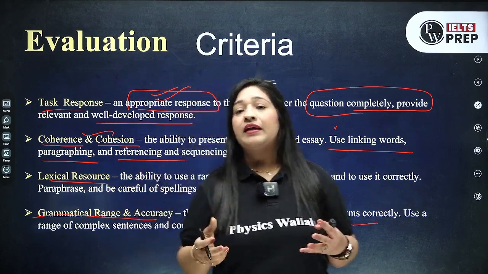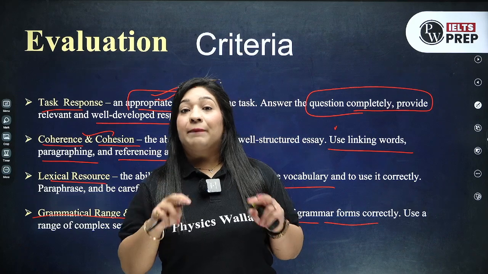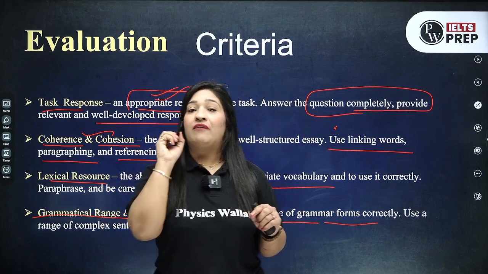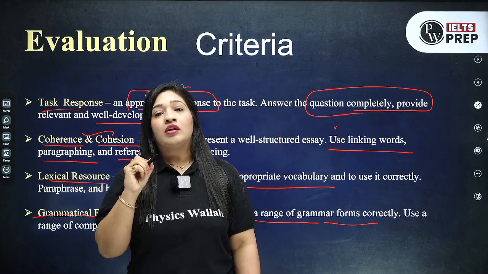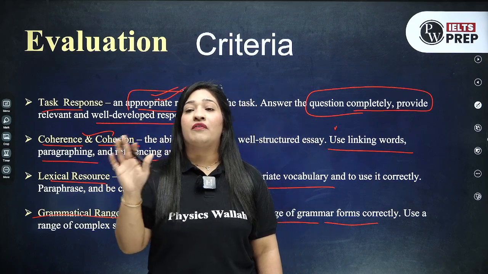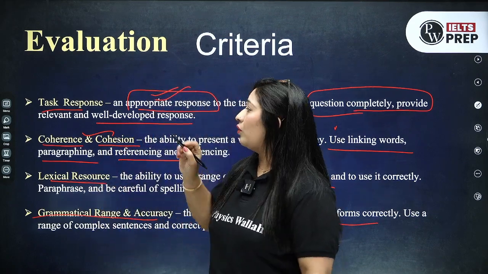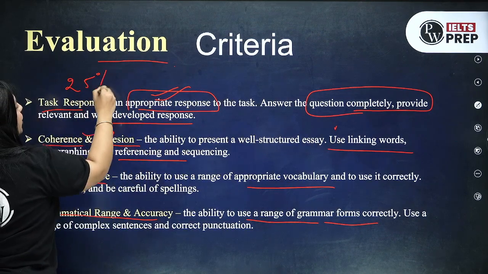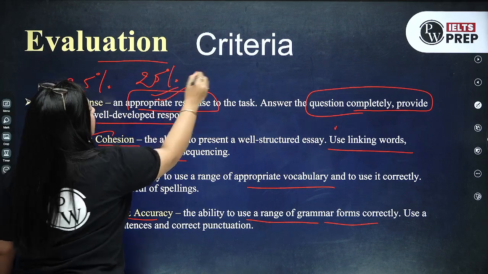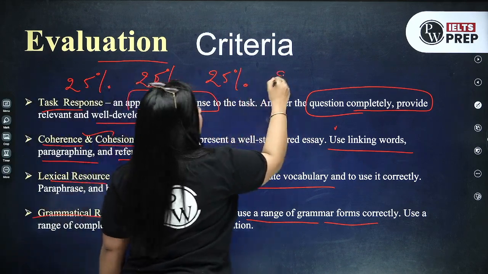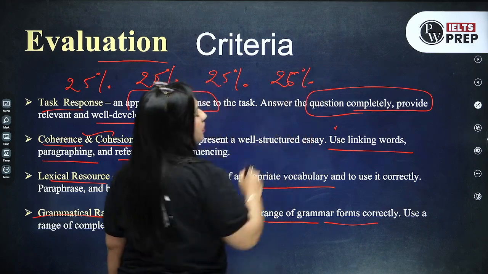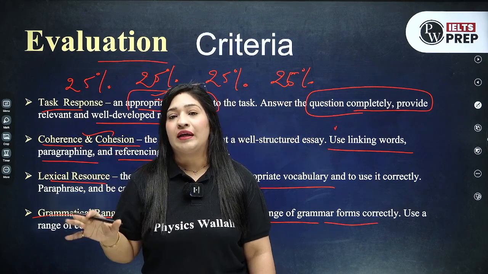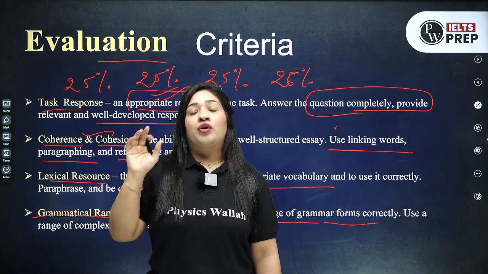And most importantly, when you're writing, right, make sure of the capitalization. You should be aware of where we have to start with a capital letter, where we have to put the comma, where we have to put the full stop. So make sure that you are aware of all these points, right? Now when I talk about these criteria, make sure that all these carry 25% of your marks each. So I won't say that okay, grammar ज़्यादा important होता है vocabulary से, या आपका task response ज़्यादा important होता है. No, all four of them are equally important, and make sure that you are practicing this before